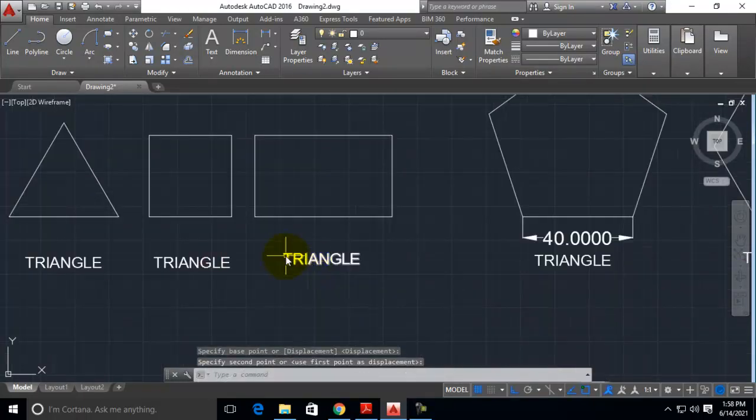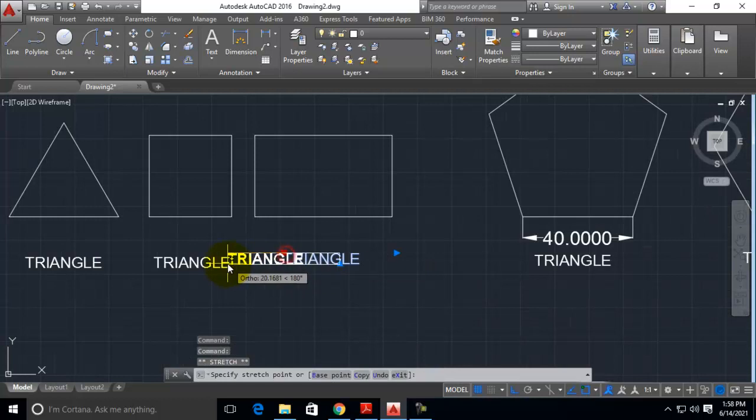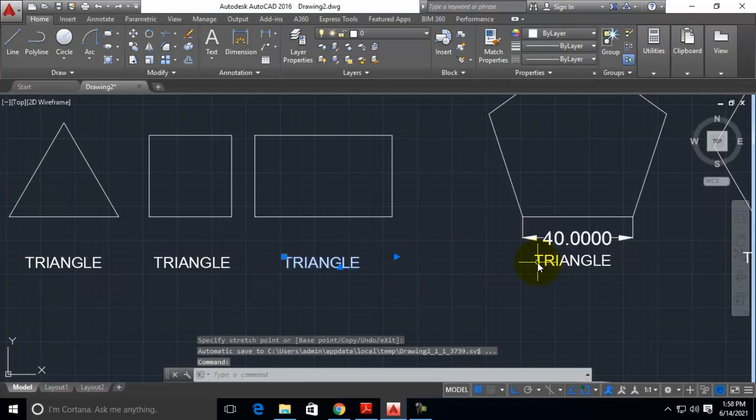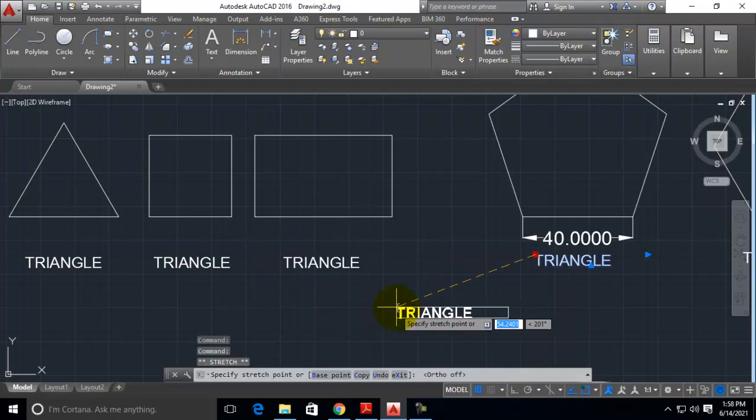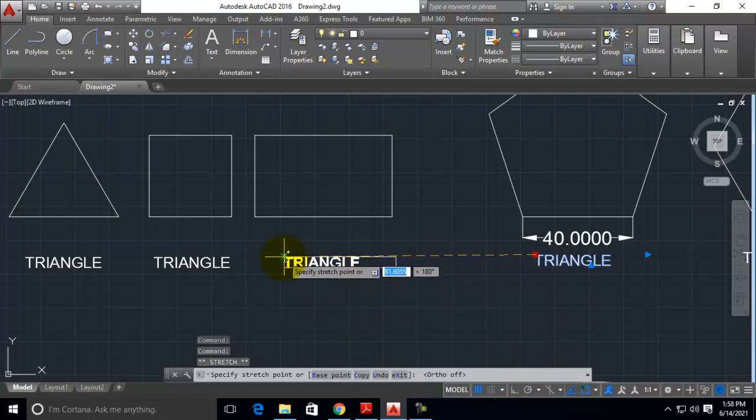I am using the tracking mechanism. See here, it is tracking, and I am moving it. I am switching off the ortho. It will be difficult for us if we switch on the ortho mode. Now I am positioning it at the center.